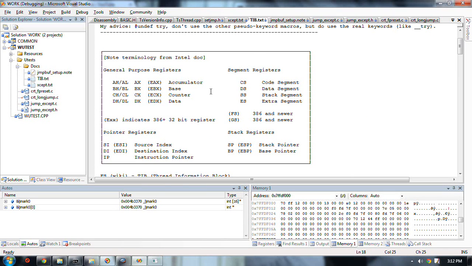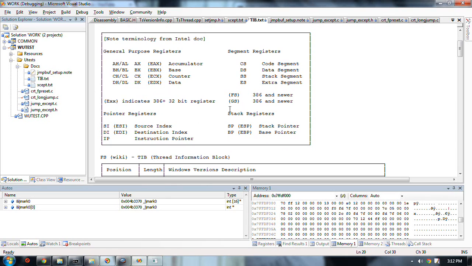A is for accumulator, C for counter, and D for data. This is the data register. There's no name for FS, or GS, as far as I can tell. I've searched,